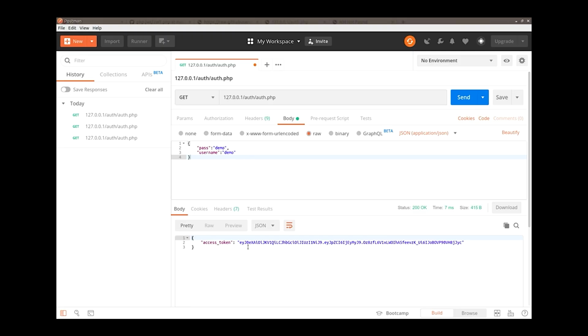And we see that we have received an access token. We will copy this token for now in the clipboard. If we send wrong information, we see that we are not authorized and we receive a not authorized access token. And the next thing we would like to do is to see how we can use this generated token in